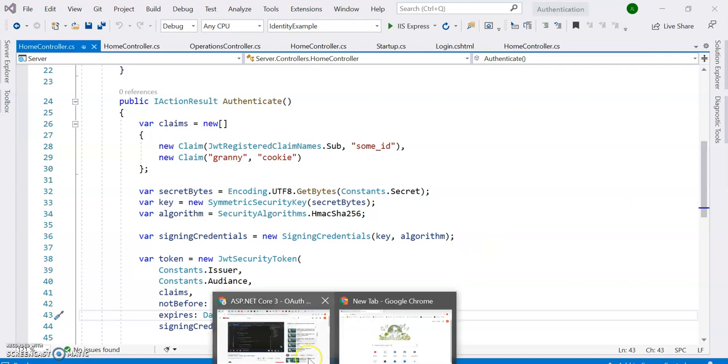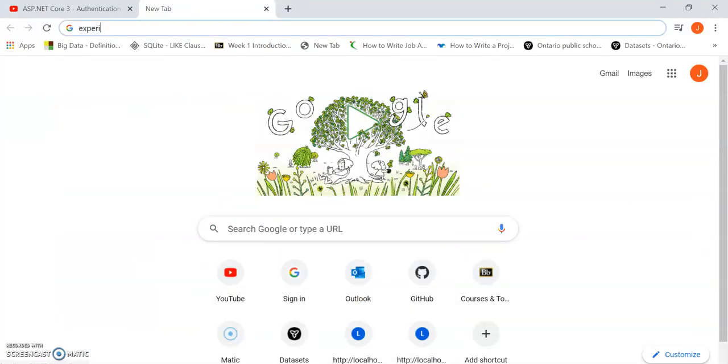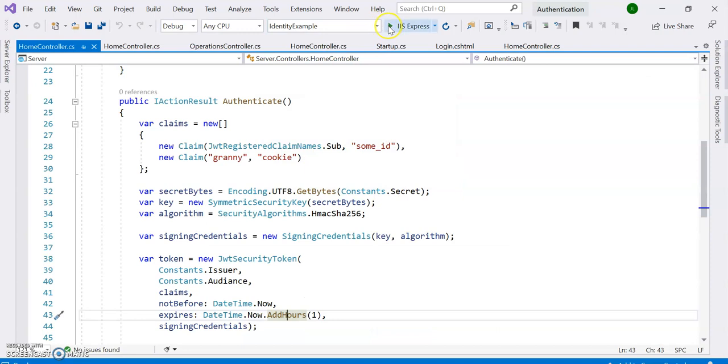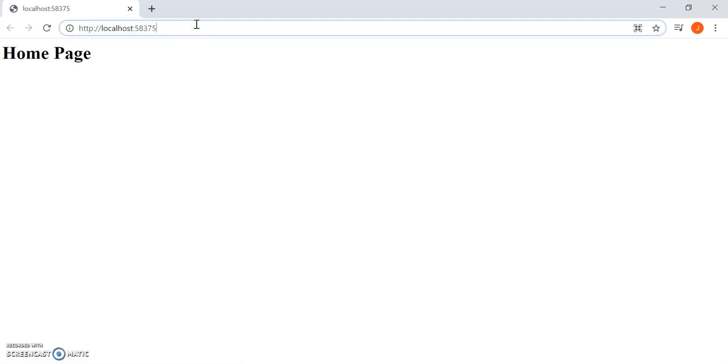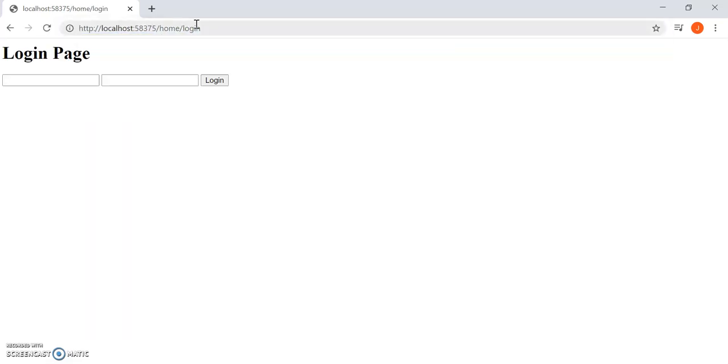I will show you in this web browser. When I run my code, you can see that this shows this when I'm going to log in. I'm logging in here through this Jalpa33, and you can see Jalpa33.